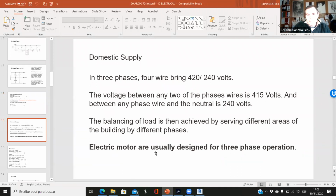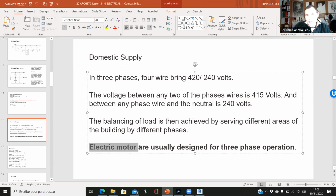Well, three phases and single phases. When we have electric engines or electric motors, we have three-phase operation. So for example, in buildings, when we have an elevator, we have a three-phase system. When the heating system or the cooling system has a lot of power, we need a three-phase. Okay, so for lighting, for heaters, refrigerators, we can get by with one phase. But if there's something serious, like an engine or a motor, elevators, high power cooling and heating systems, then we need the three-phase